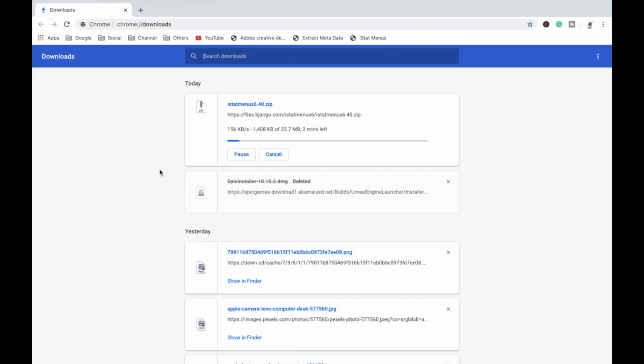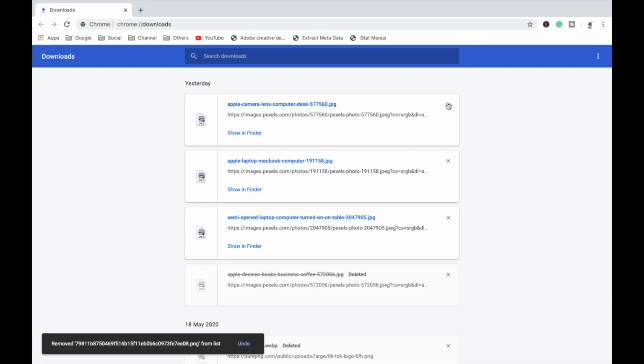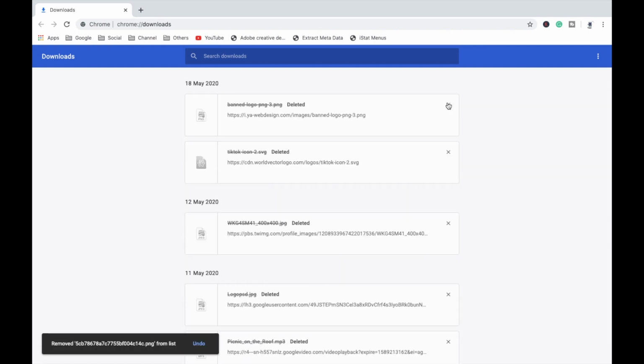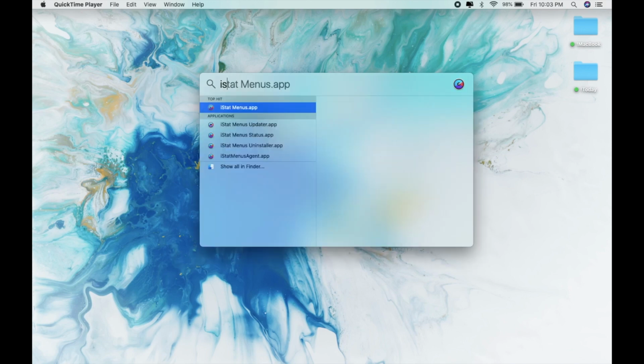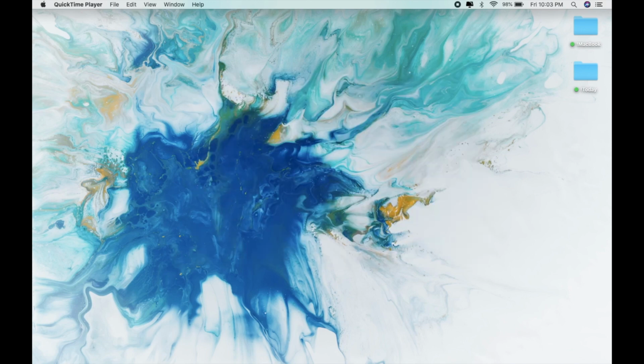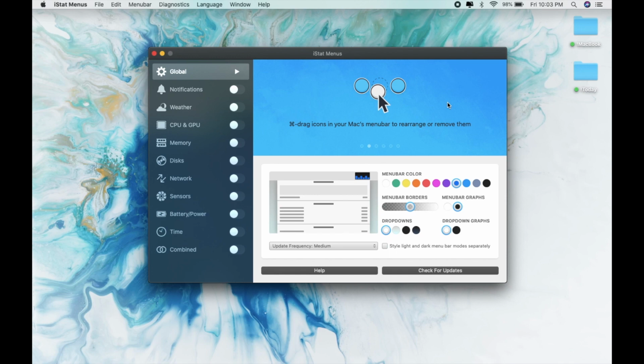As you can see, iStat Menus 4.6.0, and I bought this application around 2 weeks back, and that is the reason I'm using it right now. Anyway, I'm not going to install this application again because it's a typical macOS application installation, so I'm going to go outside of this and open iStat Menus, and here you can see I have already installed and registered this application. Now I have total control over it.